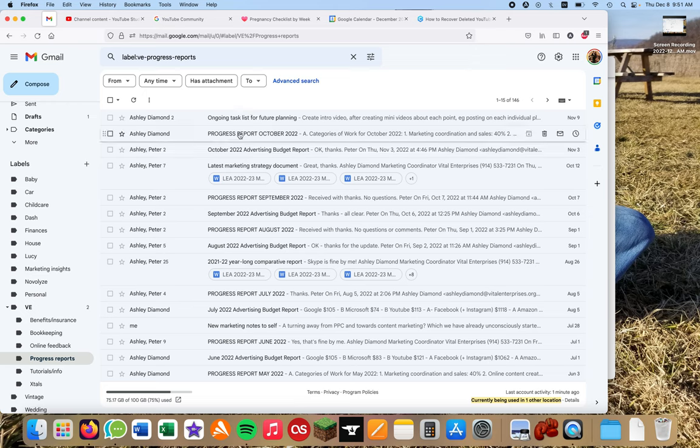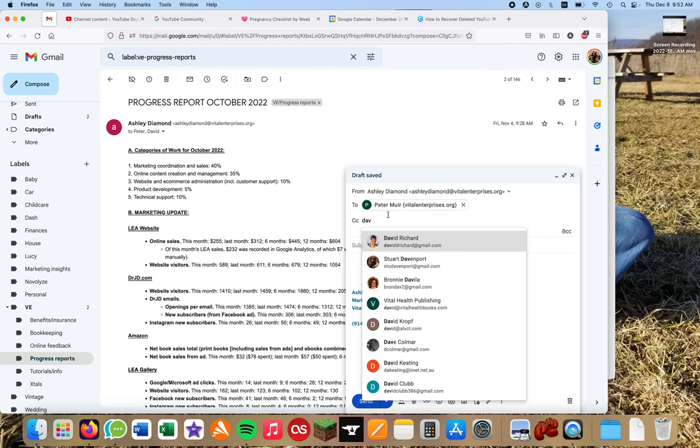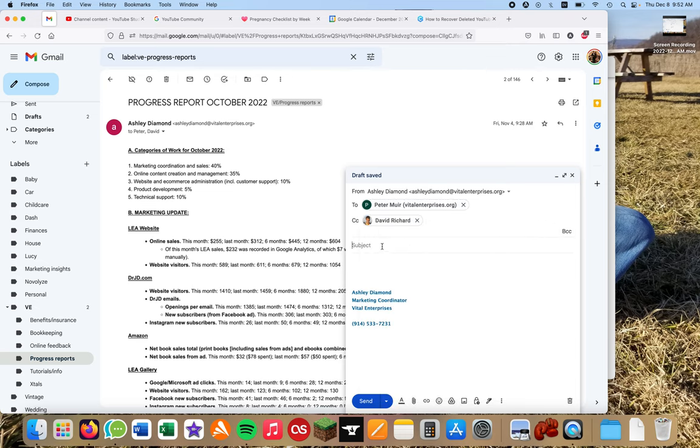Alright, so what I do is I take a previous progress report, Peter has access to these, and I use it as the template for the new one. So, compose, use my VE email to Peter, Peter's VE email, CC David, subject is, copy in the subject from the previous email, change the month to whatever the month is, in this case it